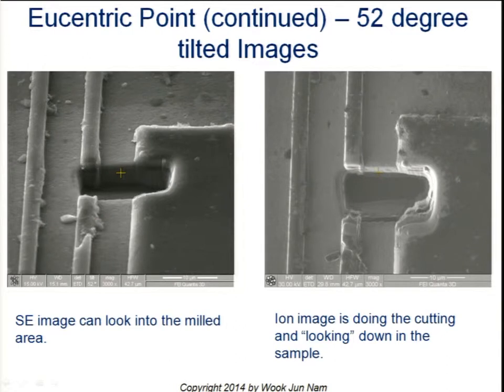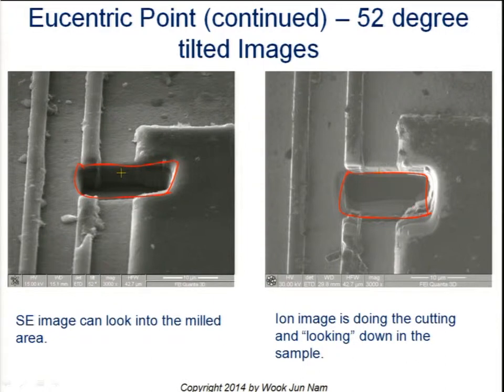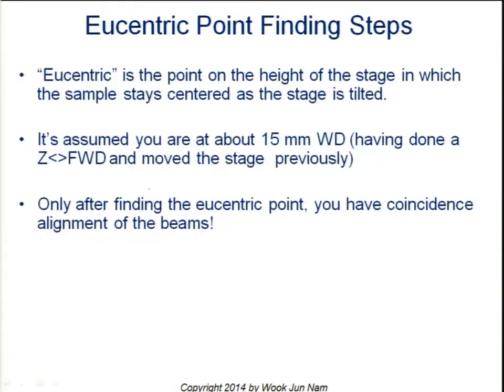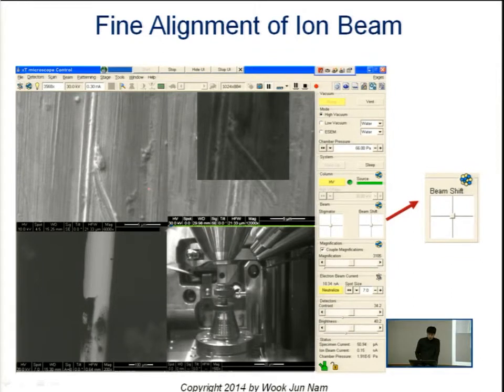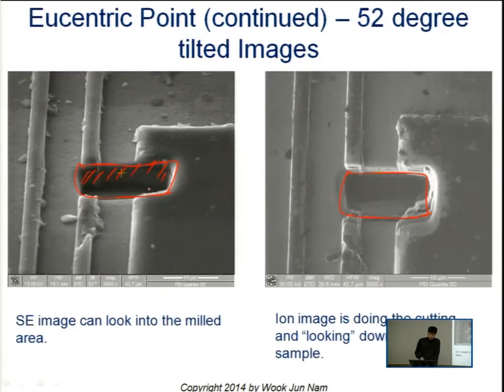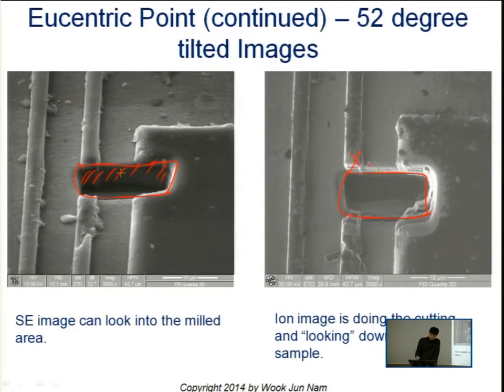So this is one of the areas we wanted to use ion sputtering on, and then observe the cross section. First, we need to do the alignment. What we need to do first is focus on the targeting area using the scanning electron column, and then rotate it to 52 degrees, which is normal to the ion